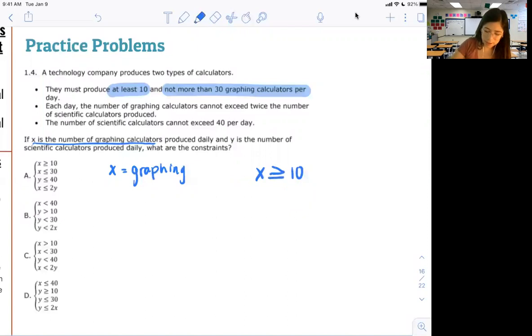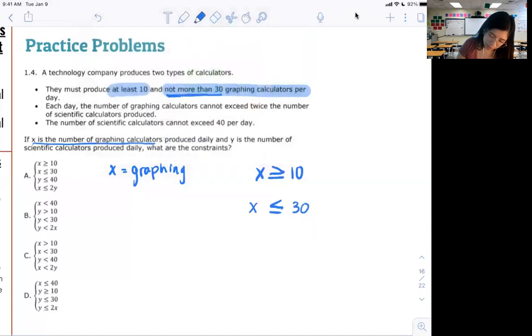And then it also says they must produce not more than 30. So is 30 my maximum or my minimum? Maximum. Can they make 30? Yes. But do they want to be above 30 or below 30? Below. So it's going to be less than or equal to 30. That's graphing calculators. Then they say,